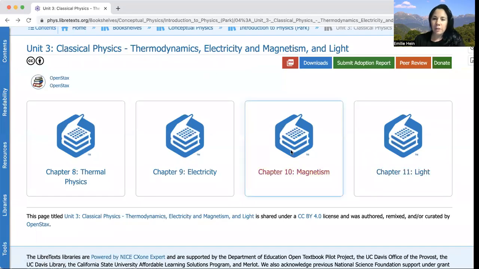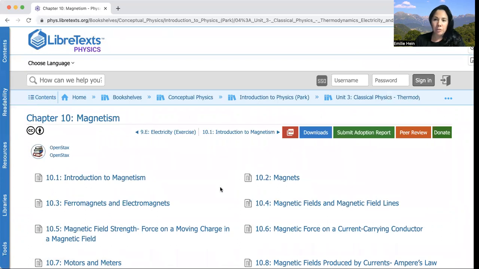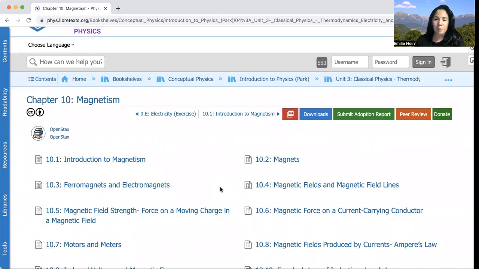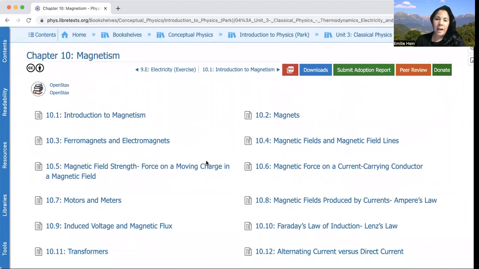All right, so now we're going to talk about magnetism. This is chapter 10, which is still part of unit 3. You'll see that this chapter is going to rely heavily on chapter 9, so hopefully you're comfortable with the chapter on electricity by now. We start off with the first section, which is an introduction to this chapter on magnetism, and then